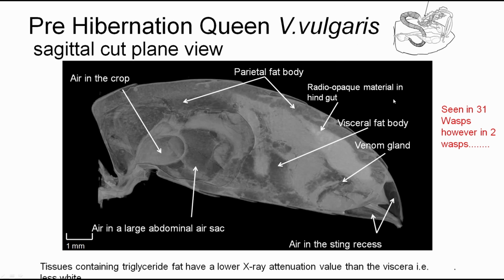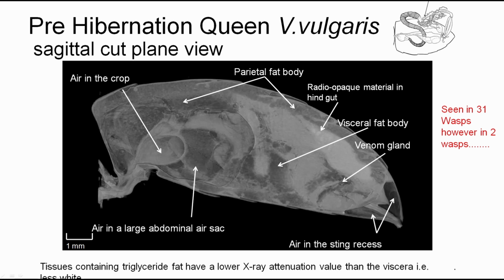In other words, taking the intra-abdominal gastrointestinal tract, it was commonplace to see the crop, which was extraordinarily dilatable. You could see the valve separating the crop from the midgut, but most of the midgut and most of the